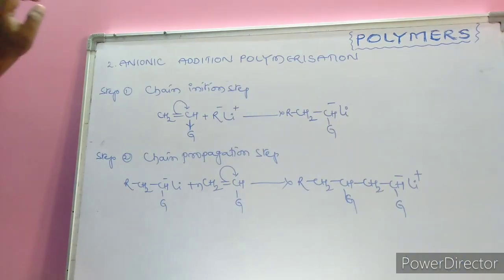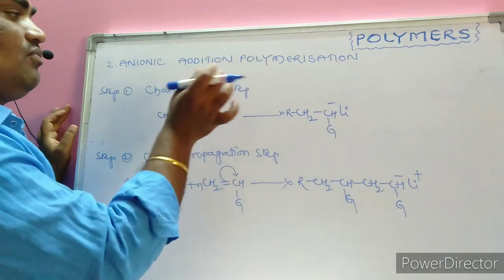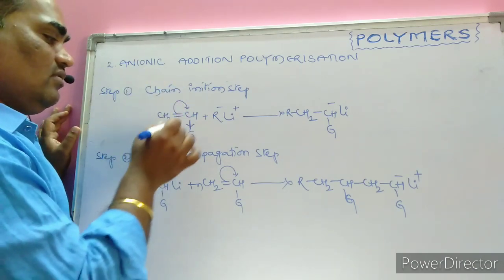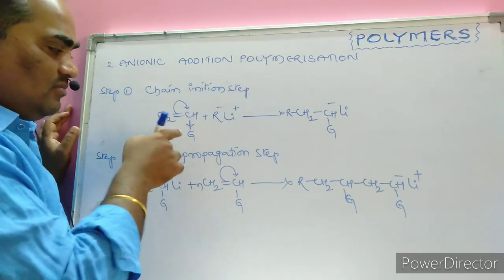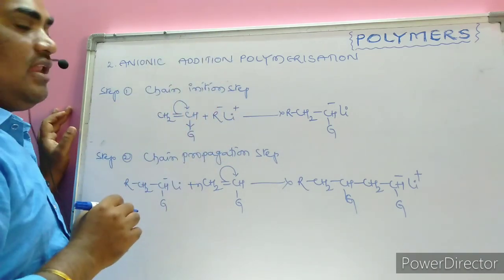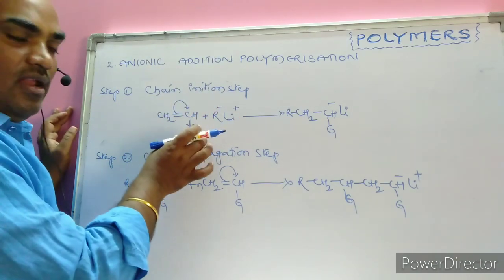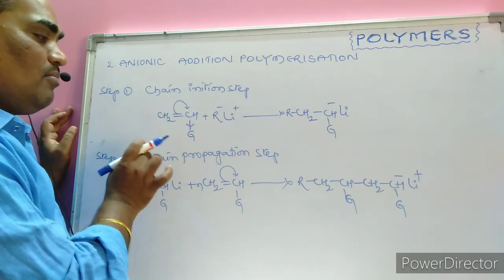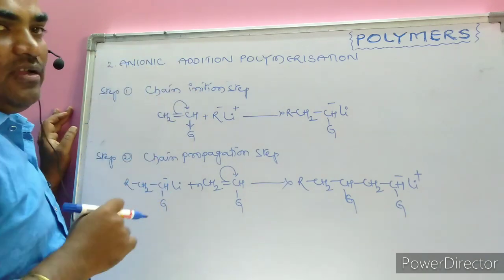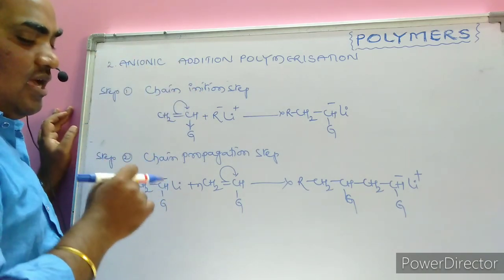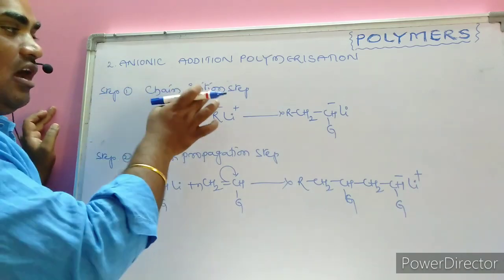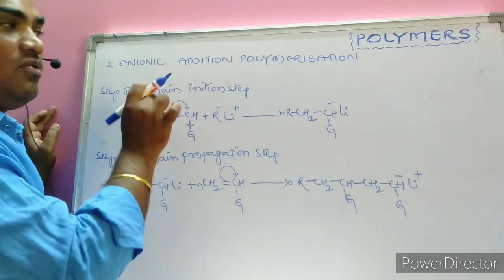Now, the mechanism of anionic addition polymerization. We know unsaturated monomers will participate, and they are favored if the unsaturated carbon atom is bonded with an electron withdrawing group. Those are favored via anionic addition polymerization, like styrene and Buna compounds. A striking aspect in anionic addition polymerization,